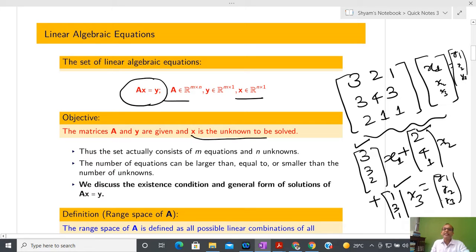Okay, so we will see that kind of definition. Now what happens is that the set actually consists of m equations and n unknowns if you are taking the mismatch case. Similarly, if you have just two vectors and two quantities here, you can again define it in the same way. So the solution of an algebraic equation you can interpret in terms of a linear combination and in terms of a span. Anyone has confusion on this?